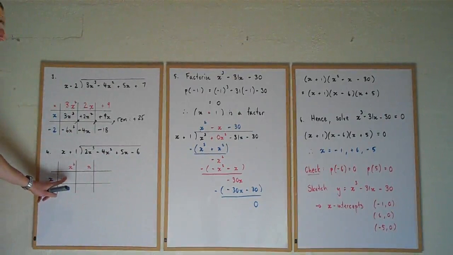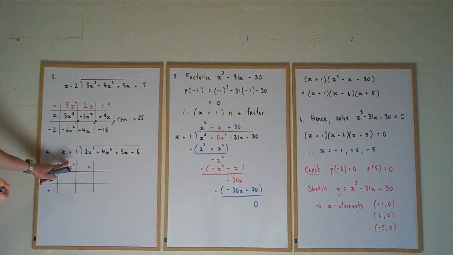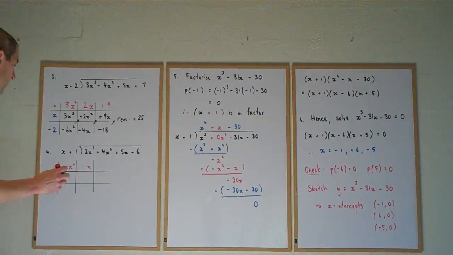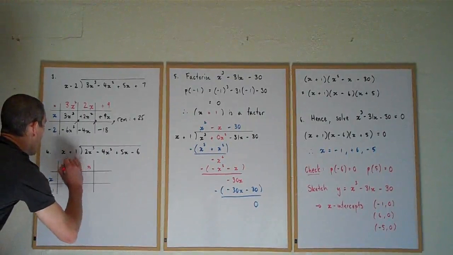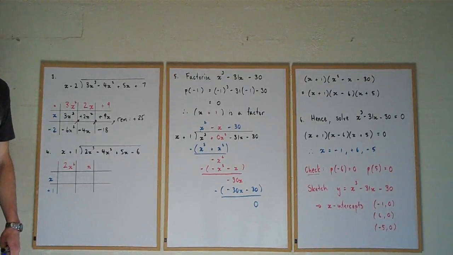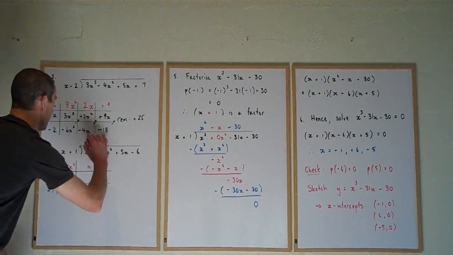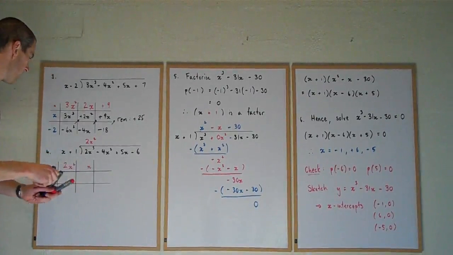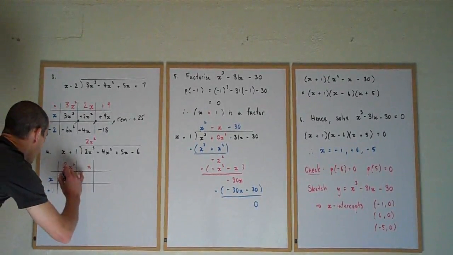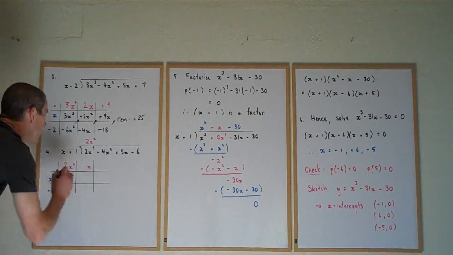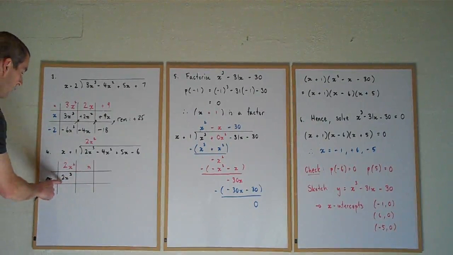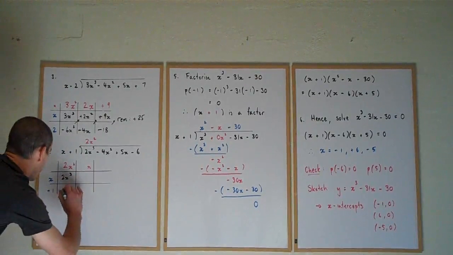You can draw these grids as you go depending on the size of the polynomial, but this is what we're starting at. So get into the question, x times some lot of x squared must give me 2x cubed in this example here. So the coefficient of x squared is going to be 2. And that would be the first thing that falls out of the long division method anyway. You'd have 2x squared to start you going with that particular process. So multiply back through, and we'll have x times 2x squared, which will give me the 2x cubed term that exists in the polynomial. Finishing off the multiplication, we've got 1 times 2x squared